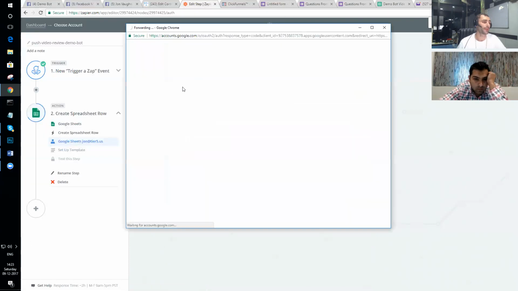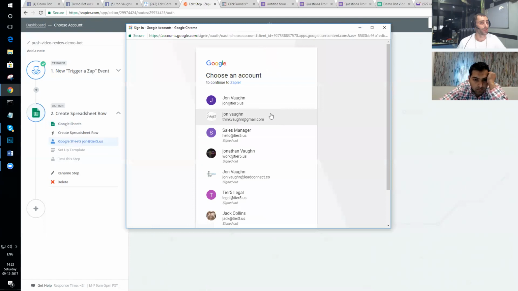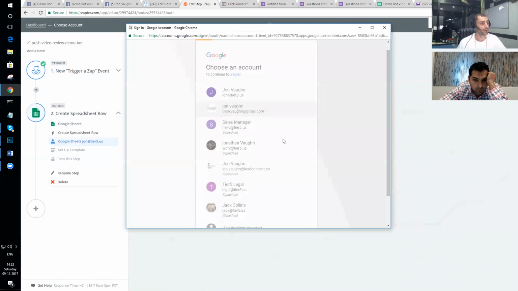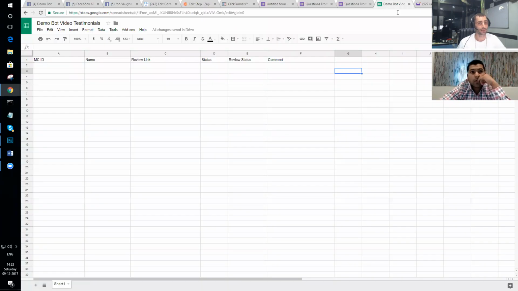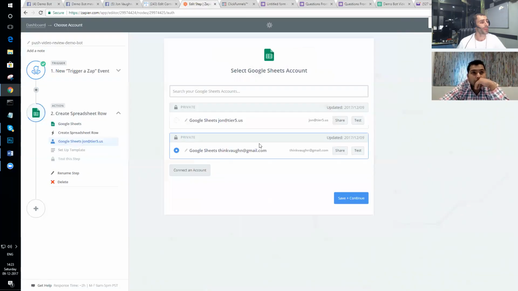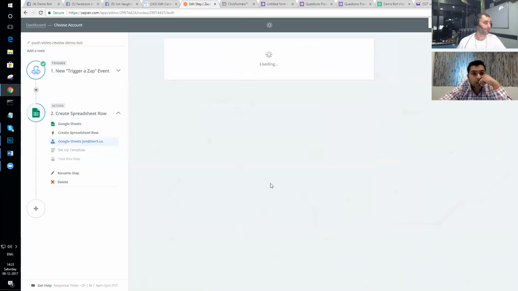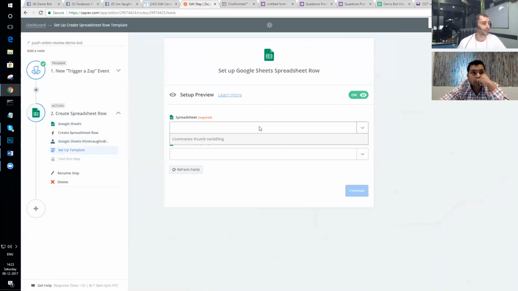What we actually need to do is make sure that we're using the correct account. And I'm not using the correct account, so I need to connect that correct account because I can see here that this spreadsheet is owned by a different account than what I'm using. So now that I've picked that correct account, now I can actually find that spreadsheet that I've just created,